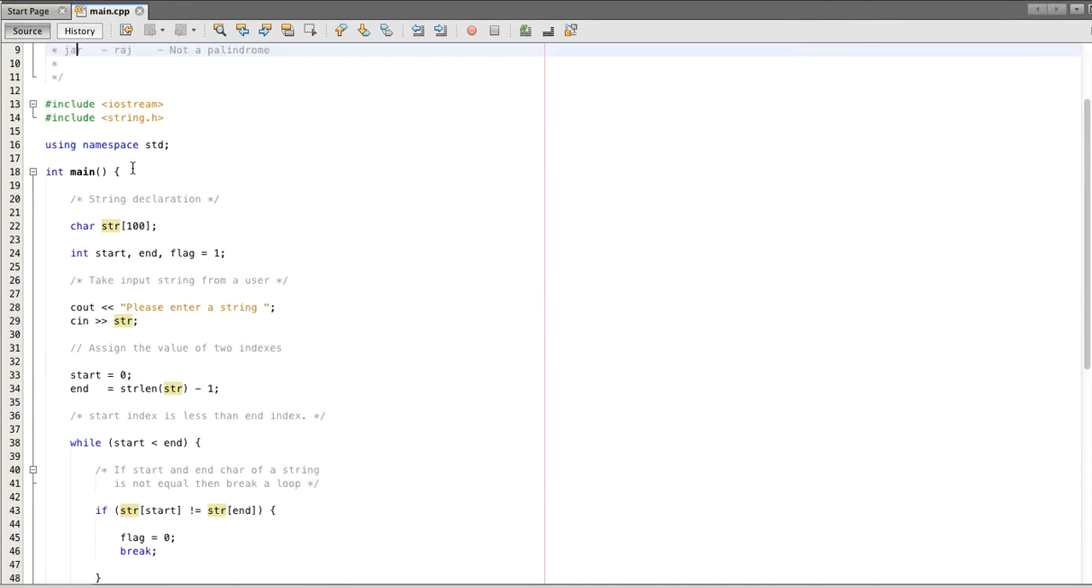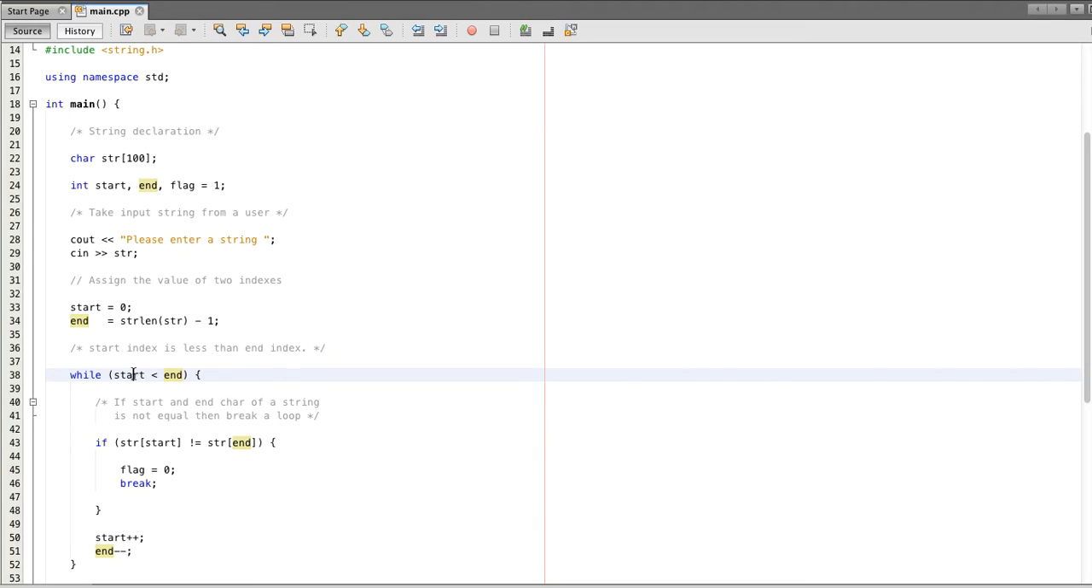So how do you write this code? So I have taken an input from a user, then assign two indexes, a start and end. Start is assigned a value 0 and end with length of a string -1. So I started a loop and checked whether start is less than end, and then compare each character of a